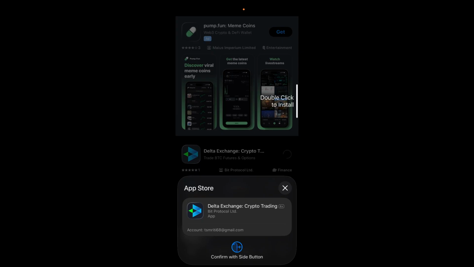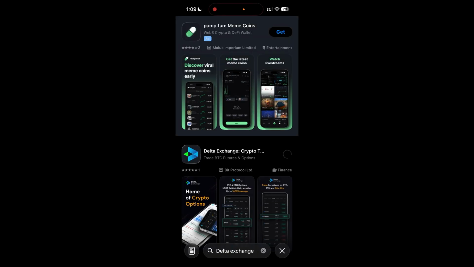And over here what you can do is simply double click to install it. And you may be asked for verification using Face ID, Touch ID or the Apple ID password. After confirming, the download will begin. And that is it. You can wait for the installation and the app will automatically download and install on